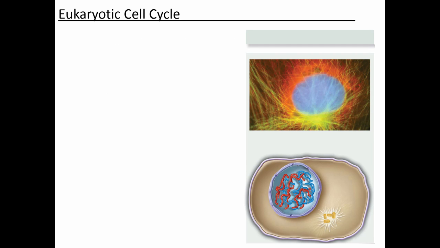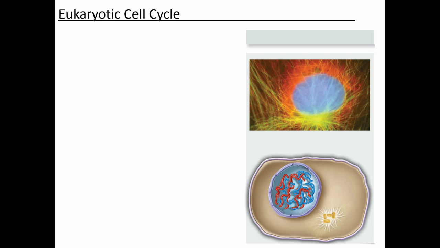Okay, so we're going to start the cell cycle. And one thing that I've included in the lecture questions are basically these slides blank so that you can make flashcards with them. So what we're going to do is label each phase, and then on the back of the card you can write what happens during that phase or the things that you have to remember, and use that as a study guide.